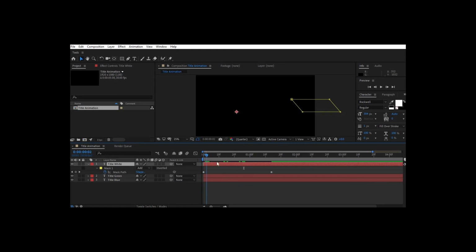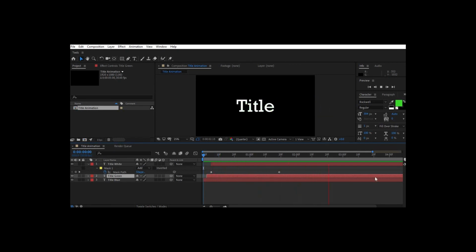Now you can move this title white a few frames ahead. Similarly, title green a few frames ahead. And now if you render this, you will get the title in white.